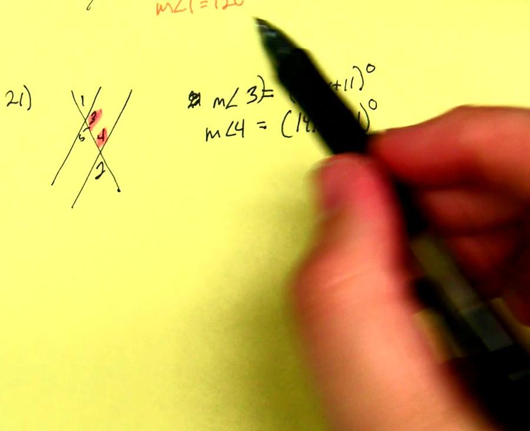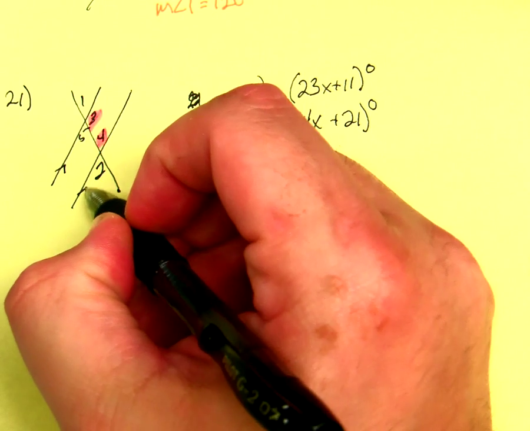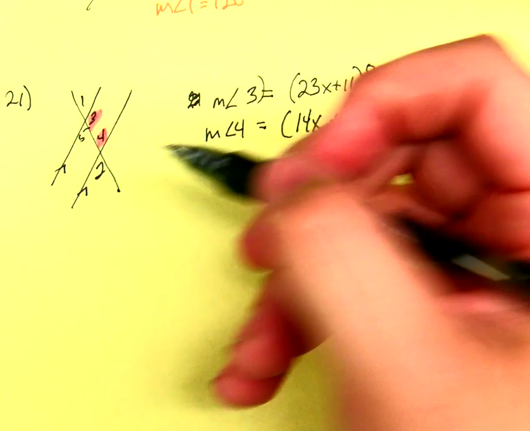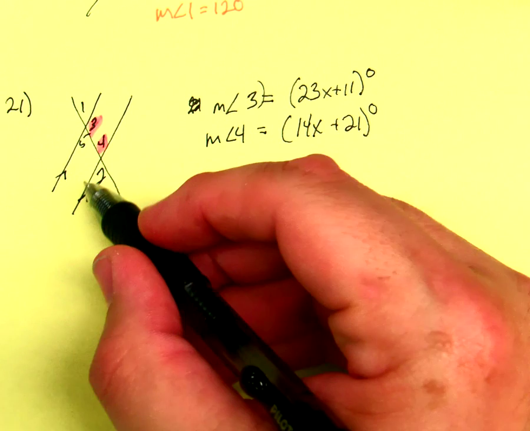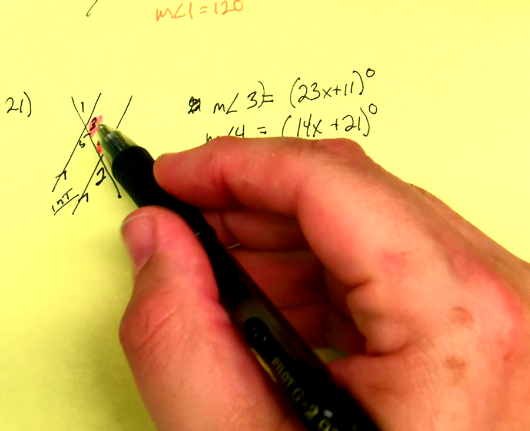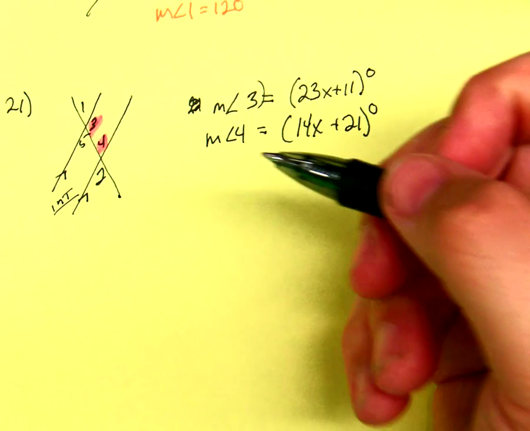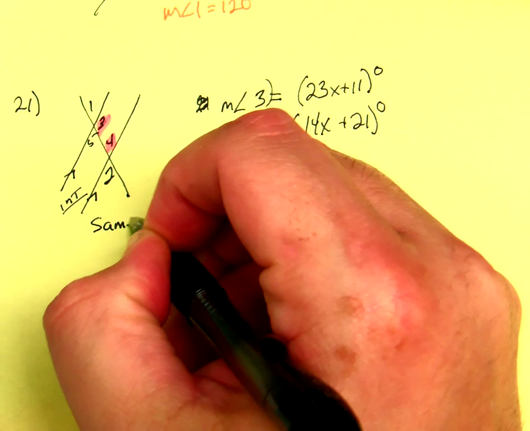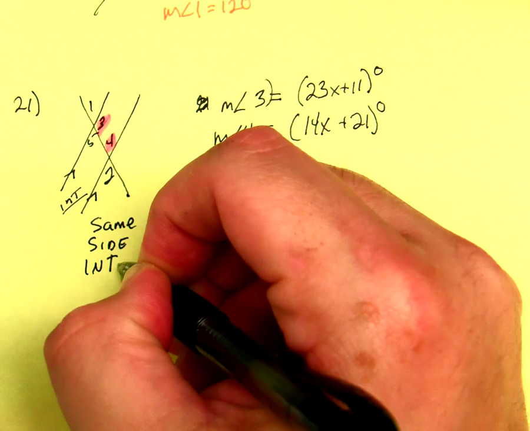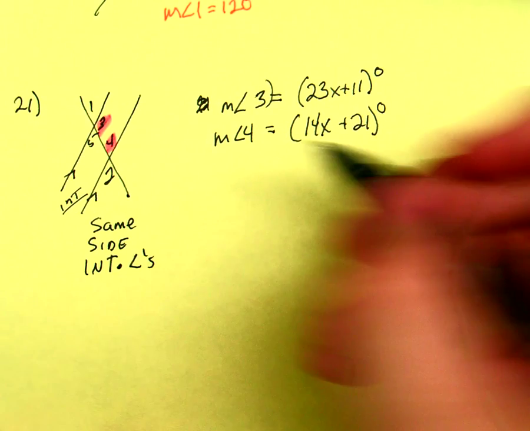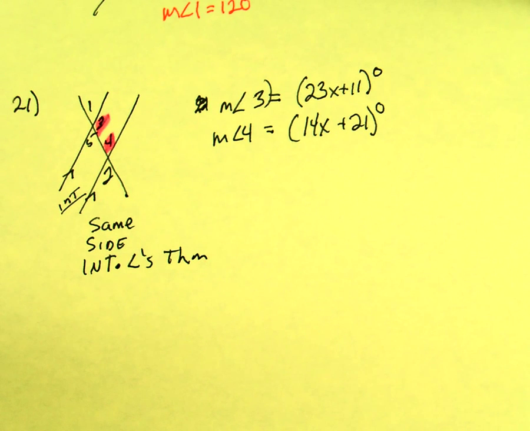Now, what type of angles are these? These are my parallel lines. There's my transversal. Are they on the interior or exterior? Okay, so they're on the interior. Are they on opposite sides or are they on the same side? They're on the same side. So these are the same side interior angles. So we're going to use this theorem, the same side interior angles theorem, to find the relationship between